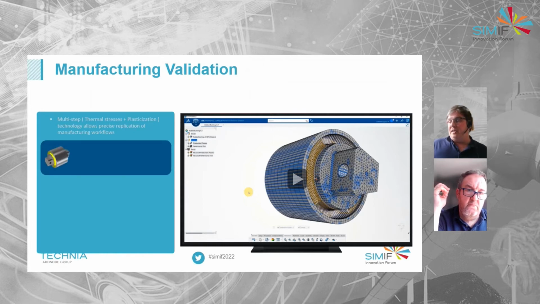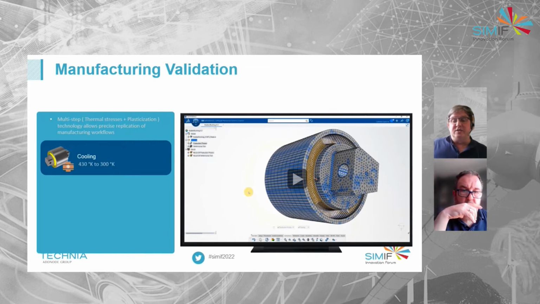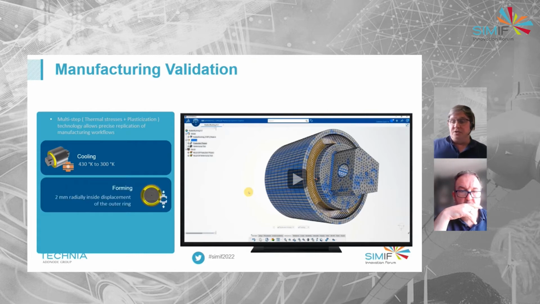So what's our next step? Now we need to consider that manufacturing process. So we're gonna start our simulation at the 430 degrees Kelvin, and we're going to start cooling that down to the 300.